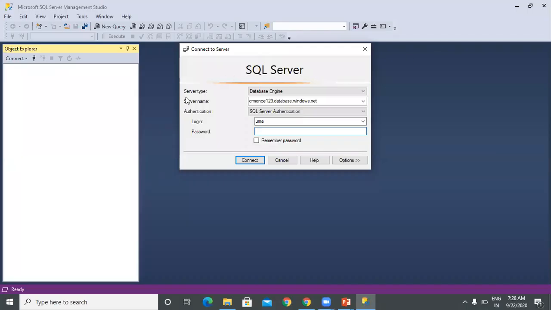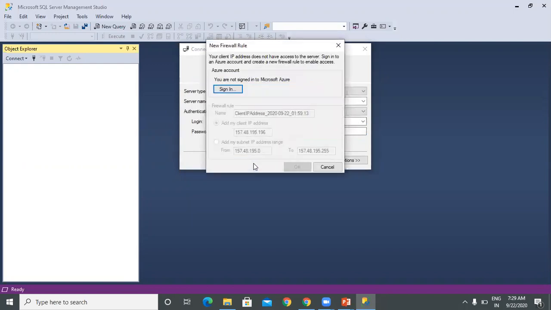Once you open the SQL Server Management Studio, give your SQL server name, and give your login username and password, and click on connect. When you created an Azure SQL for the first time and you want to access it from here, you need to set up this IP address.